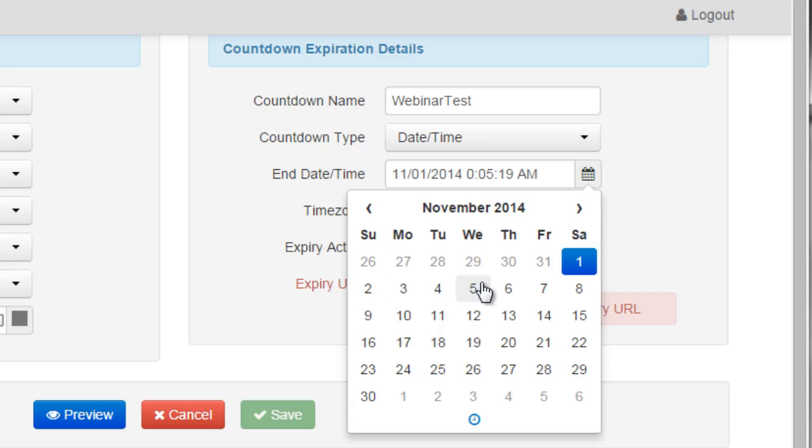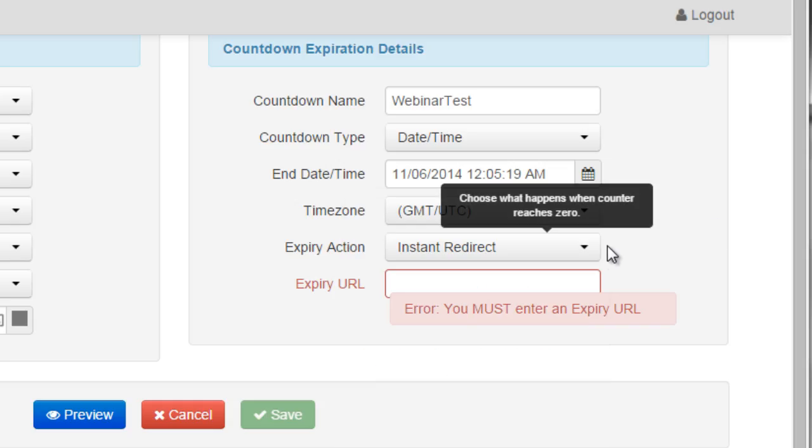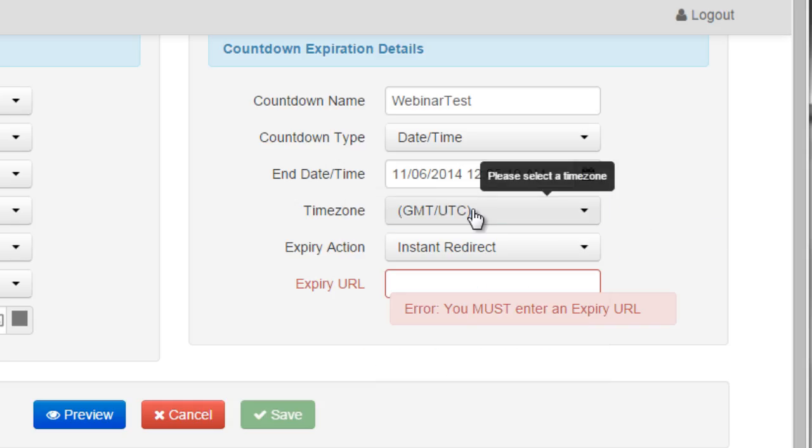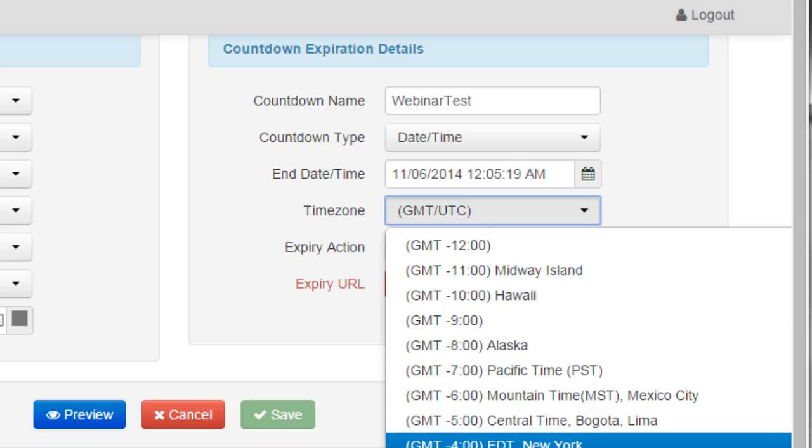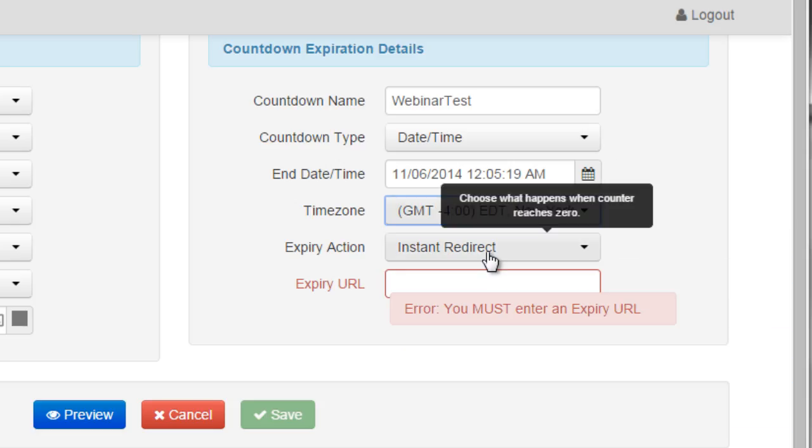So we'll just do it for 3 days, and we'll end it on November 6, 2014. And then we have the time zone here. Choose Eastern time.